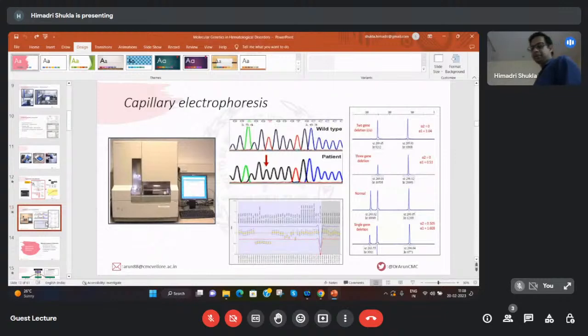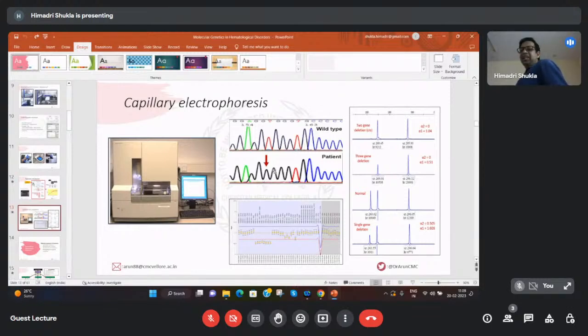Like, for example, if you're looking at point mutation, the same example I gave, a beta globin gene, the next step we do is we sequence the beta globin gene from this PCR product, and then we read the sequence and see if there is any single nucleotide variation. Like here you can see what is supposed to be T in a normal individual has become G, and it's homozygous, meaning there is no